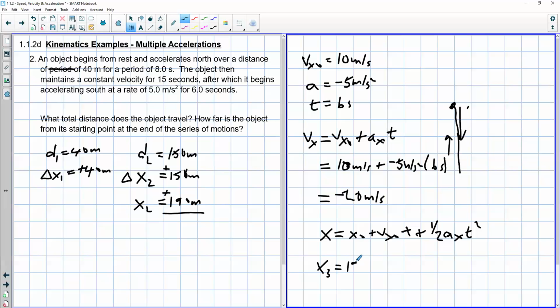So 190 plus Vx naught, which is 10 times 6 seconds plus 1/2 times -5 times 6 seconds squared. And this calculation is actually going to give me the final position of the object relative